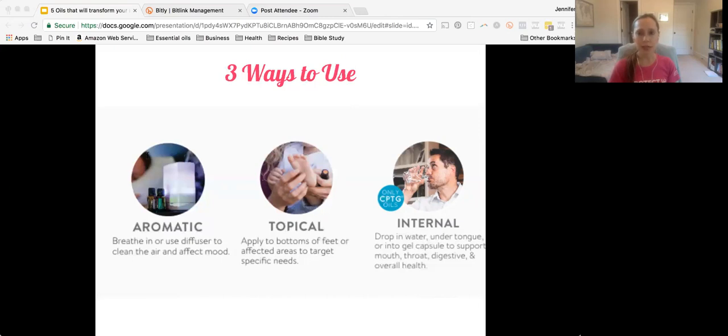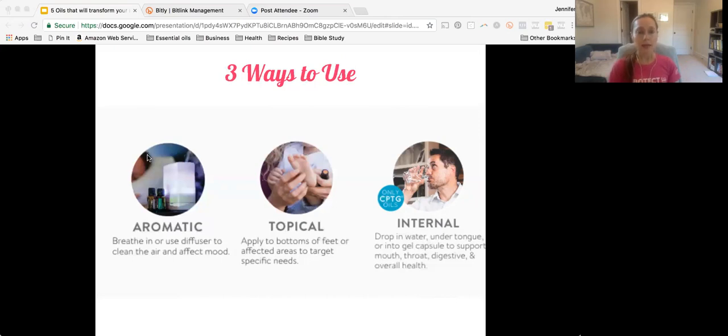And so diluting the oil is going to be a much better way. Also, if you're applying an oil to a large area of the body, like your back or your shoulders or even your abdomen, then I would recommend diluting the oil then too, because it's just going to be easier to spread over a large surface area. There's actually a lot of benefits with diluting because it helps the oils absorb into the skin better and get into the deeper layers as well.